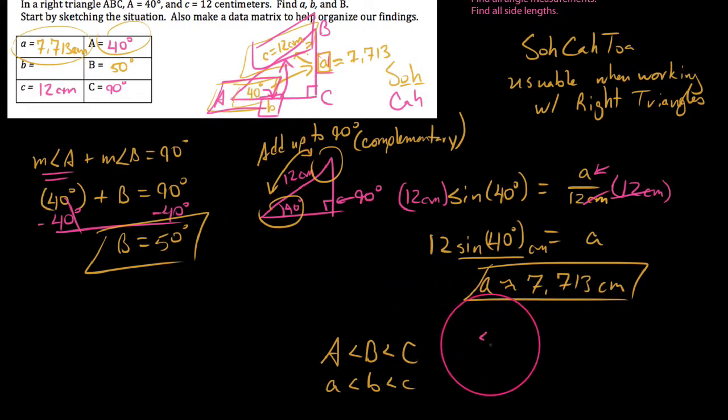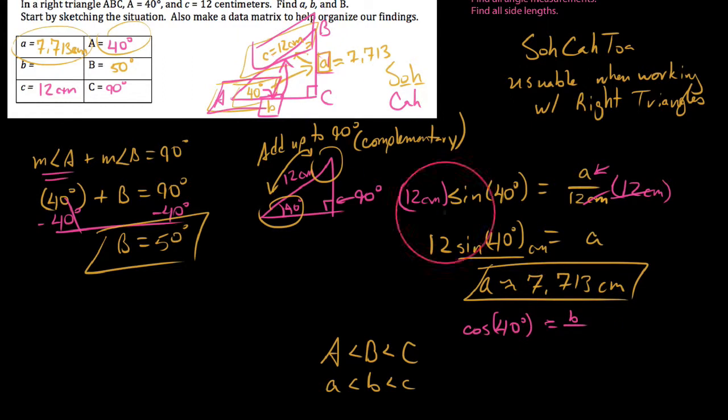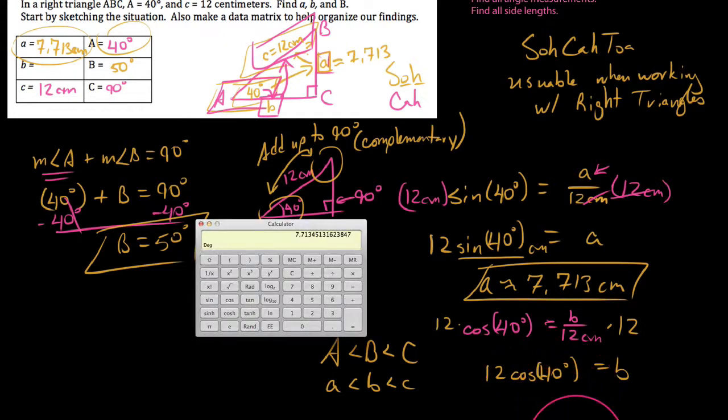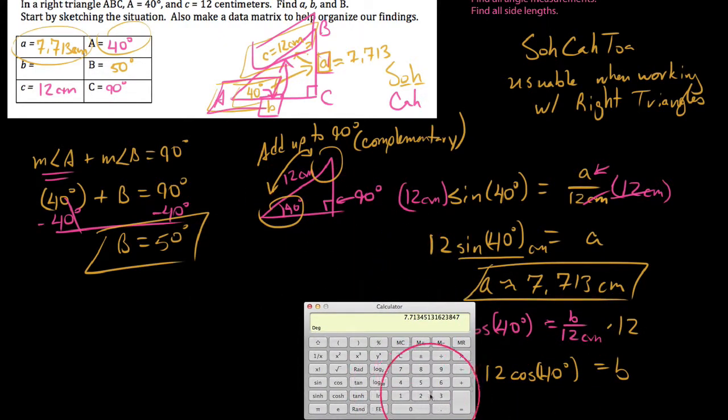So now we can set up this equation. The cosine of 40 degrees, you can see our 40-degree angle on our triangle here, is equal to adjacent over hypotenuse. And our adjacent side length here is B, and our hypotenuse is 12 centimeters. So now again, multiplying both sides by 12, then we get 12 cosine of 40 degrees is equal to B. So now all we need to do is evaluate this on a calculator. So we have cosine of 40, so 40 cosine times 12. And we end up with this